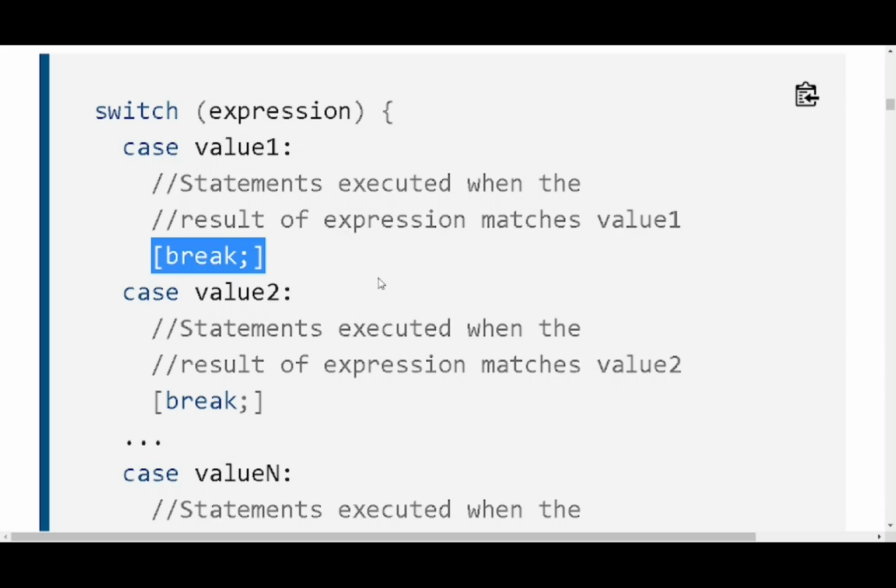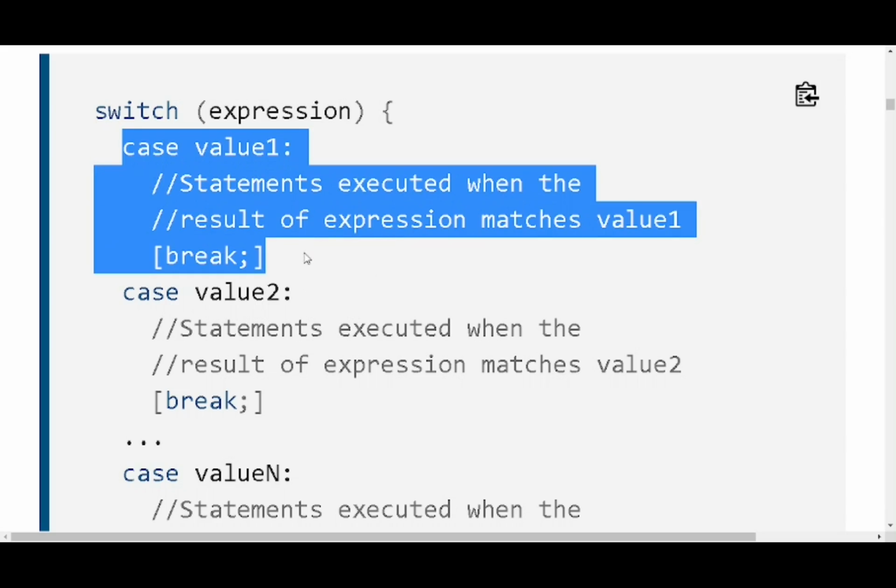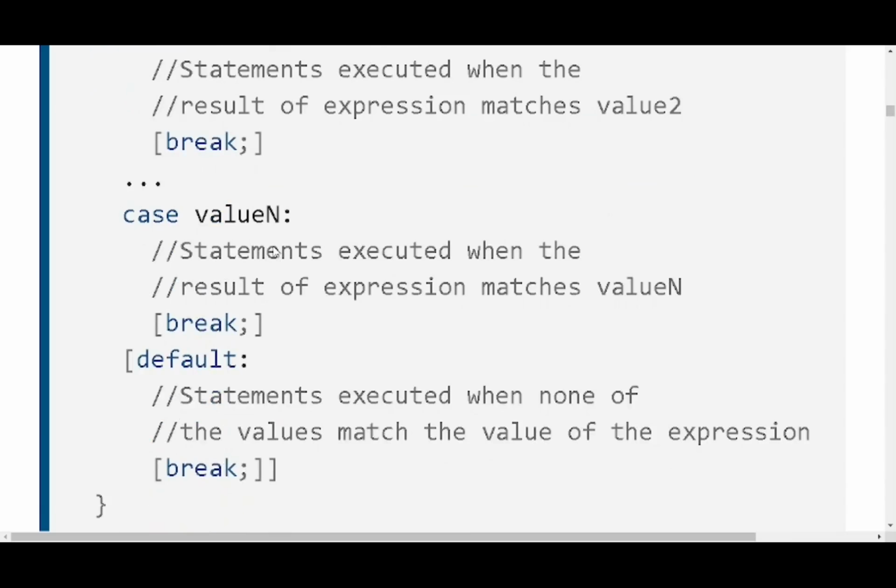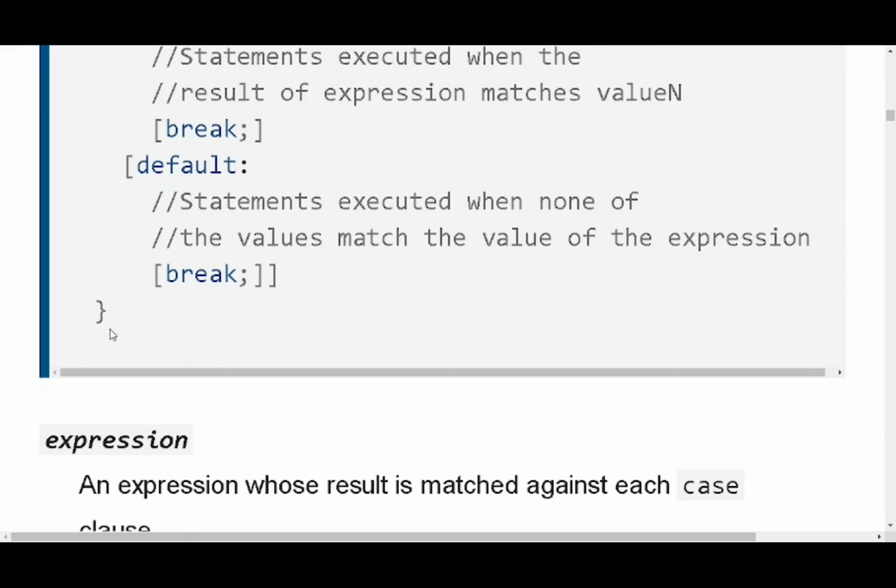So it is not compulsory that you need to have a break with each case, that is why break is given as optional. But logically, when you think, if you need to do execution for a particular value being taken by an expression, then you have to do such an arrangement. That is, once this case is matched, execution should stop with this case and it should branch out of this compound statement.